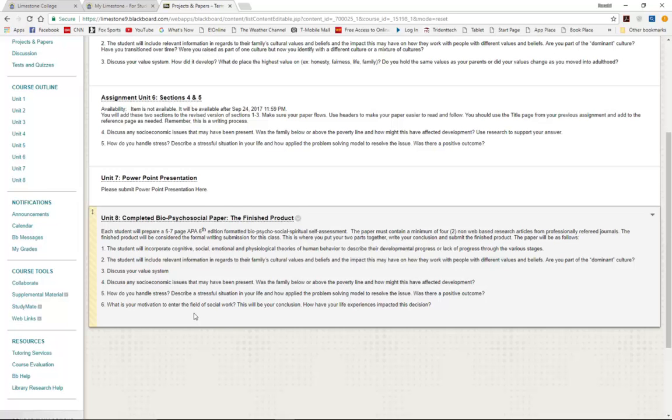And then it says the paper must include a minimum of 2 non-web based research articles. So in other words, you're going to have 2 peer review articles, and then you're going to have 2 articles that could be from WebMD or whatever.